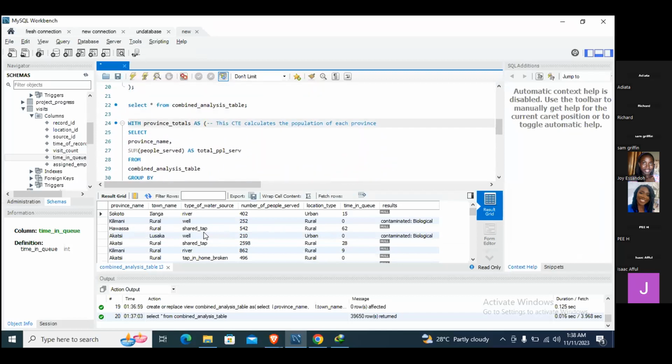So it starts from here. This table is going to be called province total. They've made it in a CTE with the province totals as. And what's this table containing? It has the province name, and then they are summing up the people served. But we know that in our database, we have it as number